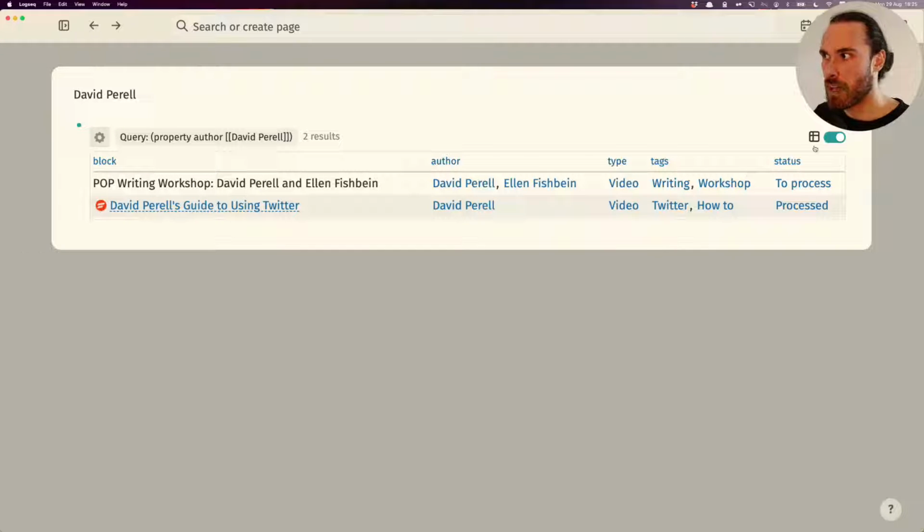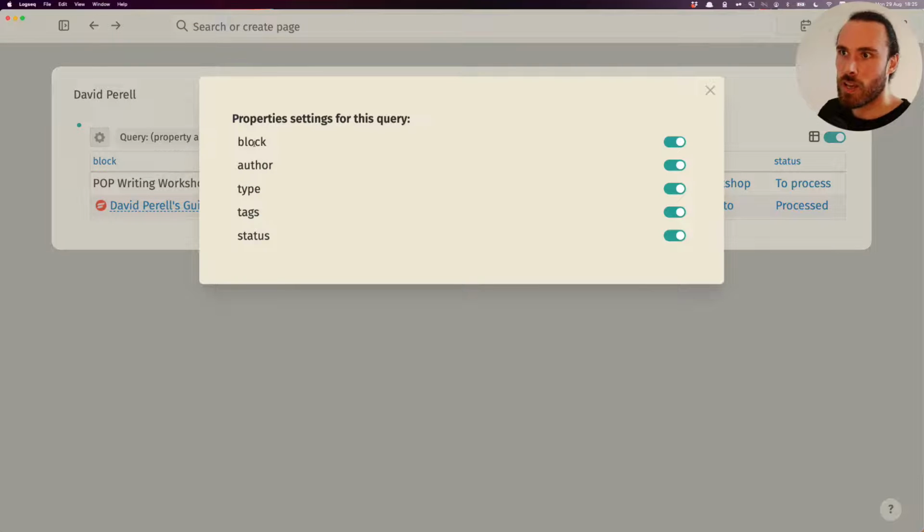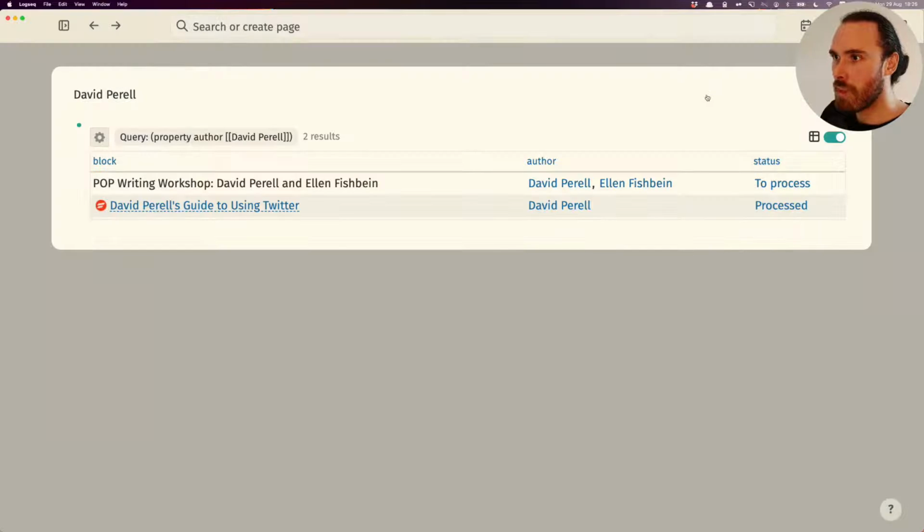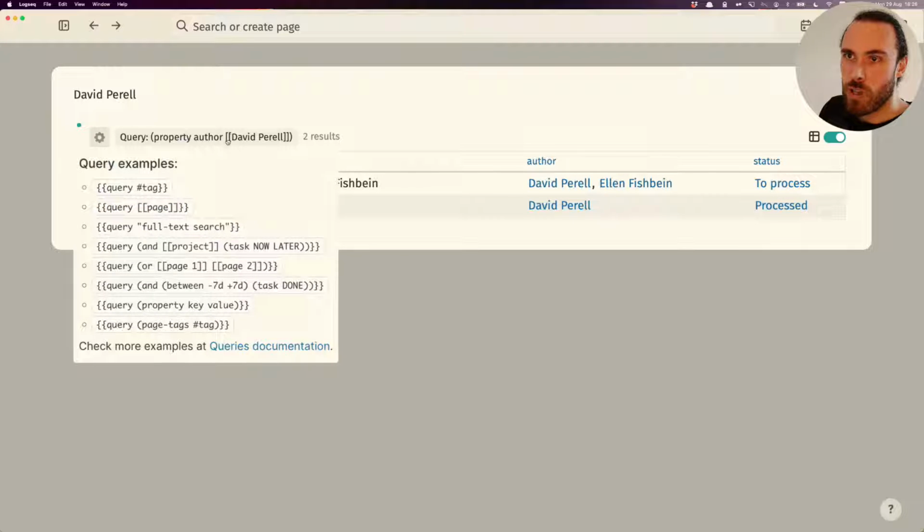properties. I can change these, so I can say I want to only see the titles of the blocks, so the blocks themselves, the author, and the status. I can disable the other properties, and then here I now have all the blocks, all the content where the author is David Perel. As you can see here, I've used a link